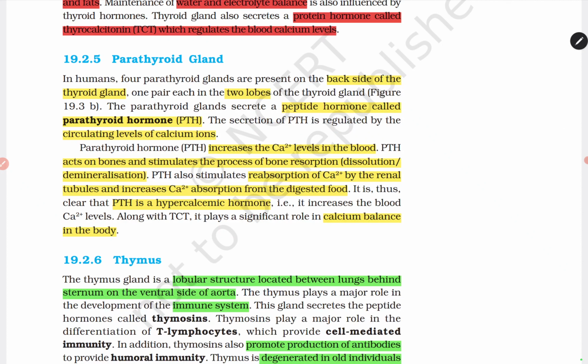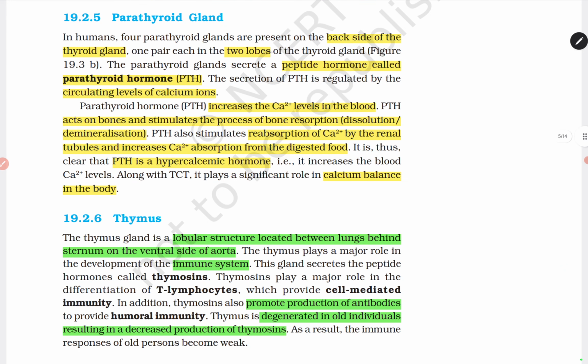Coming to the parathyroid gland, it is present on the backside of the thyroid gland, one pair in each of the two lobes. We have already seen this in the diagram. The parathyroid gland secretes a peptide hormone called parathyroid hormone. The secretion of PTH is regulated by circulating levels of calcium ions, and PTH increases the calcium level in the